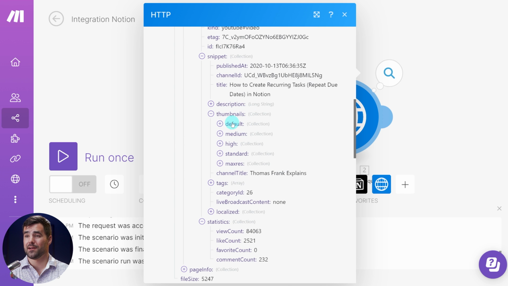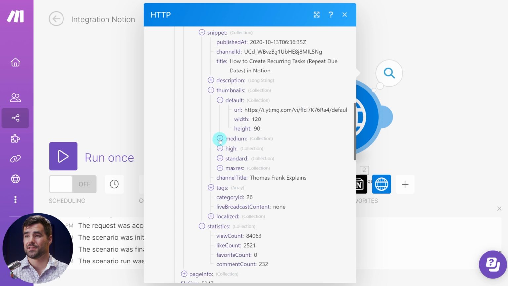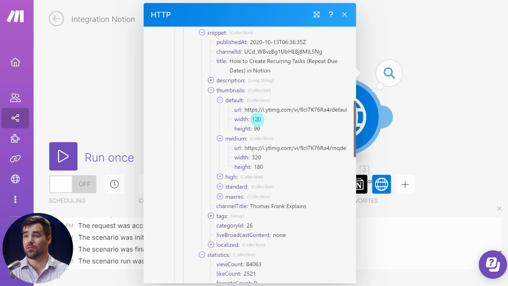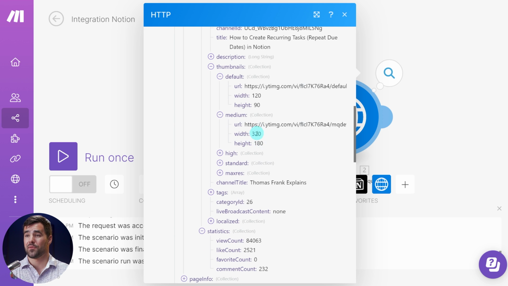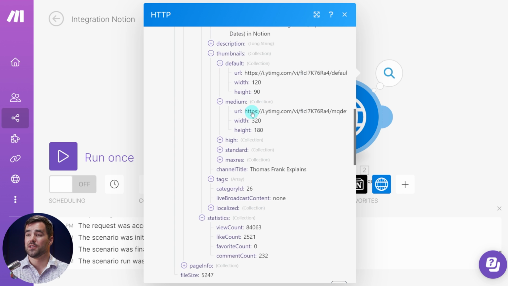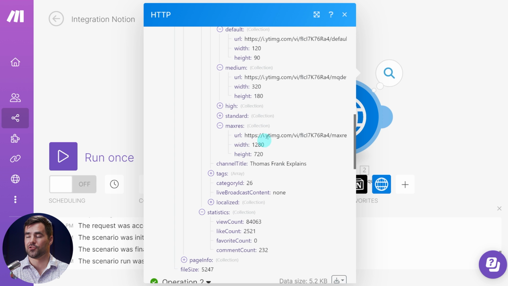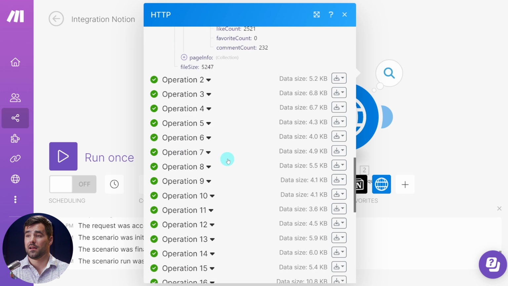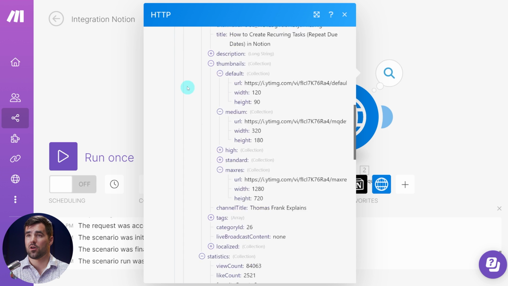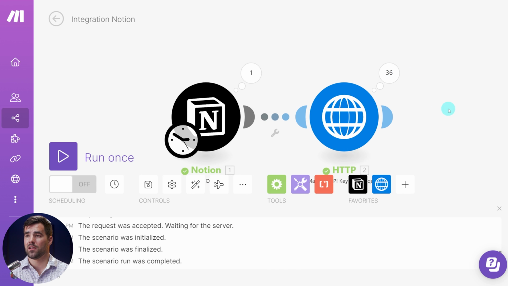You'll notice that for thumbnails, we actually have several different choices here. The default is very small, 120 pixels by 90 pixels, 320 by 180 for medium, and so on. So we're going to actually be using the max res version for setting our Notion page cover. And it won't actually be uploading it to Notion either. It's just going to be setting it as an external URL to display. And with this, we now have our query step set up,